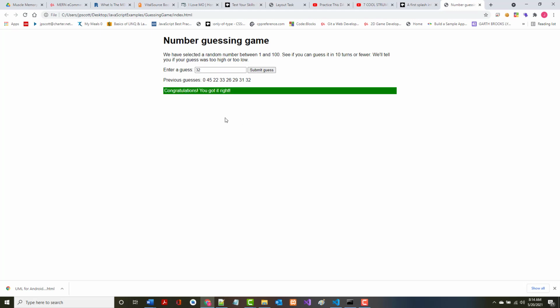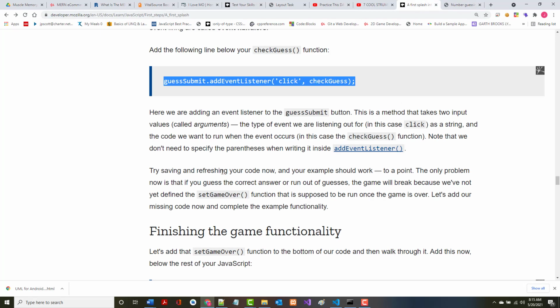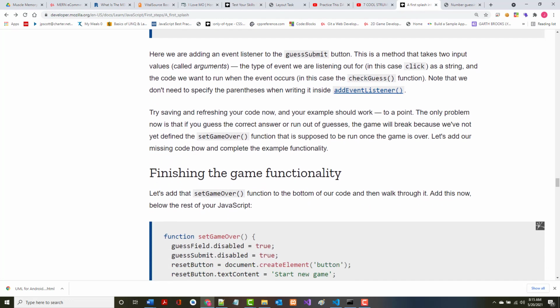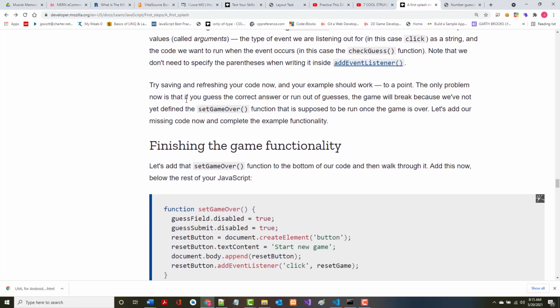Congratulations, you got it right. So it's almost working. Now, you may or may not have noticed when I first started, it gave me a wrong guess of 0 right away, even though I hadn't done anything yet. All right, so let's take a look at that. So it says it works to a point. The only problem is now